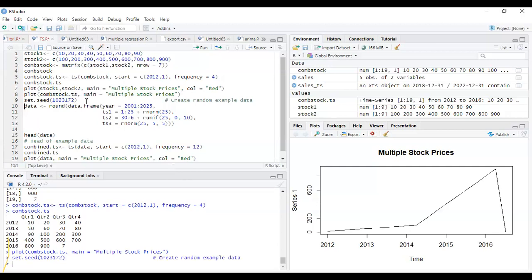Then control enter. Now I am creating a variable data with data.frame. Year is equal to 2001 to 2025. For these years, I am creating 3 time series. TS1 is the first time series, TS2 is the second, and TS3 is the third. First TS1, I'm giving 1 to 25 plus rnorm 25. TS2 is 32.6 plus runif 25, and so on. So when I run,